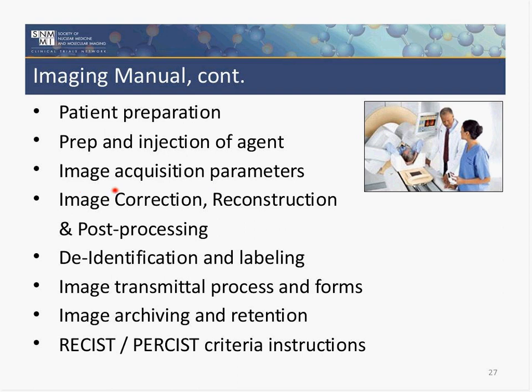Maybe your post-processing is supposed to be done a certain way to help the sponsor scan images across 5 different sites. You're required to de-identify the scans when they get sent in and label them after you've removed the patient's label. How are you going to transmit the images, archive the images? And particularly in studies like in oncology, when there is a tumor measurement involved, such as RECIST or PERCIST, how are you going to